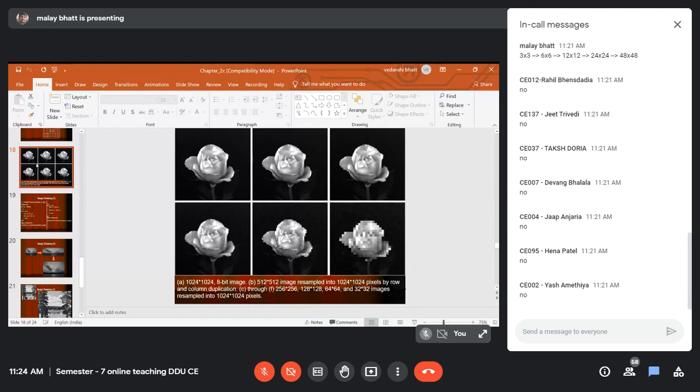Now the top row, middle element, is a 512 cross 512 image. We are doing pixel replication just one time, because it is already 512 cross 512. When you apply replication only once, you get 1024 cross 1024. So you don't find that much change. You find an almost equal image.